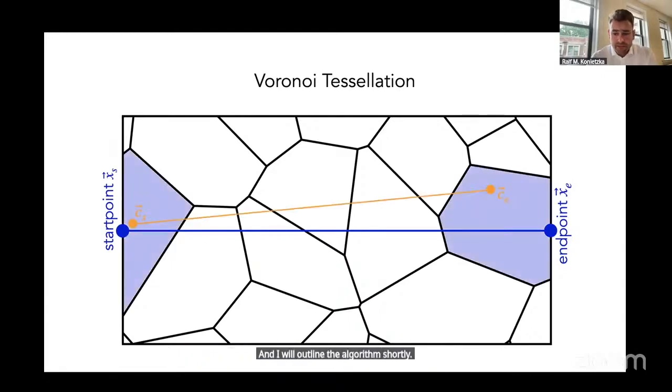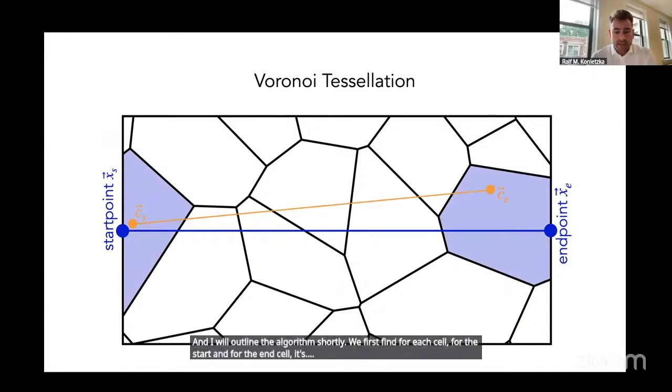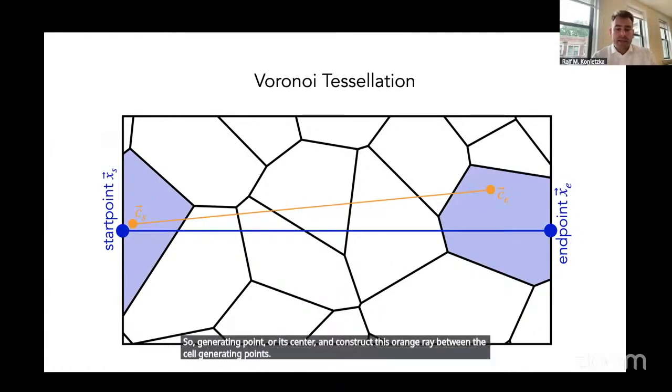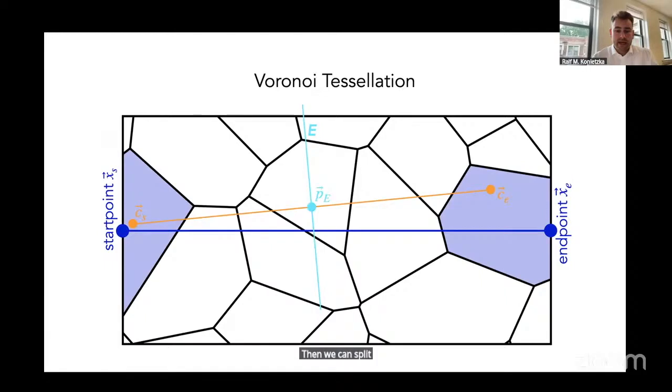We first find, for the start cell and for the end cell, its cell generating point or its center, and construct this orange ray between the cell generating points. Then we can split the orange ray in half by a plane entitled E, in blue. If the blue cells were attached, by construction of the Voronoi tessellation, the plane E would be the boundary plane between those two cells. But as the cells are not attached, the plane E gives us a new cell where we can identify